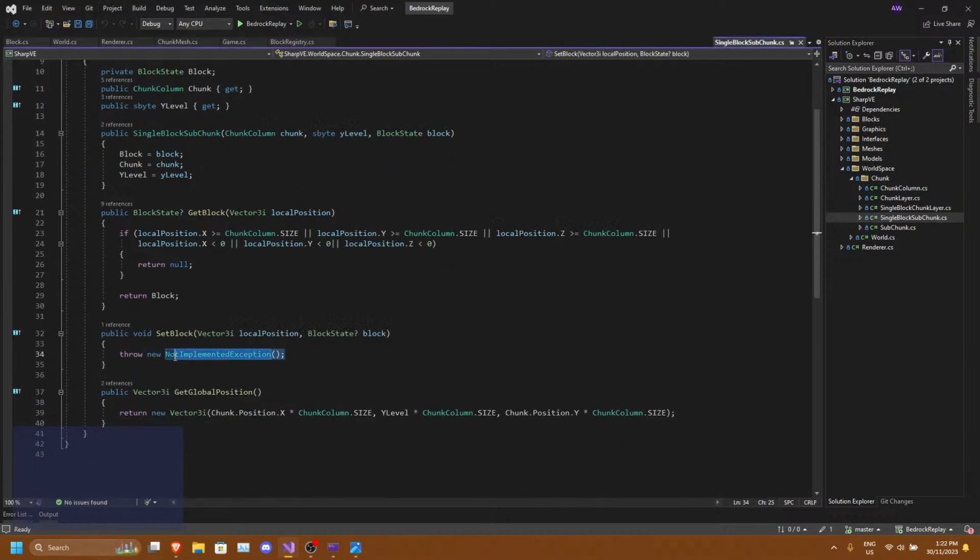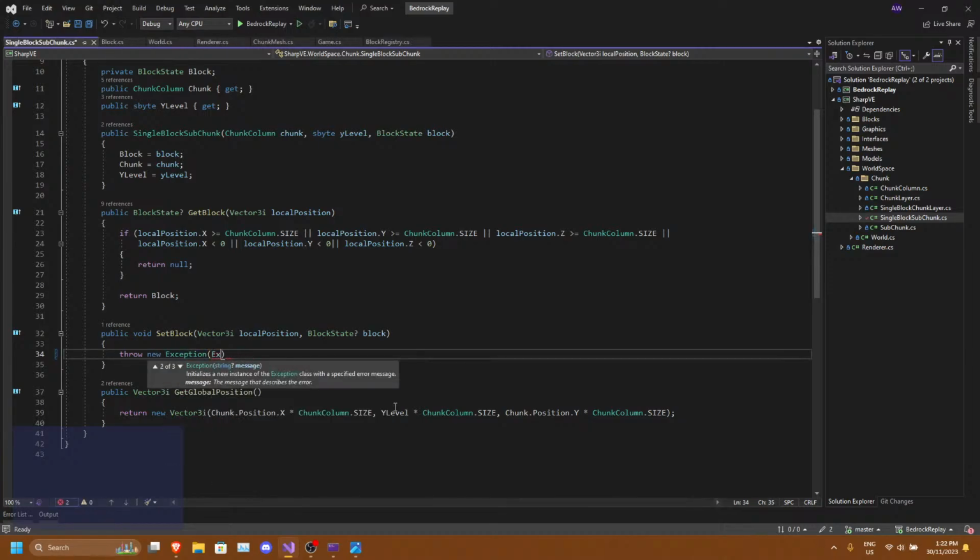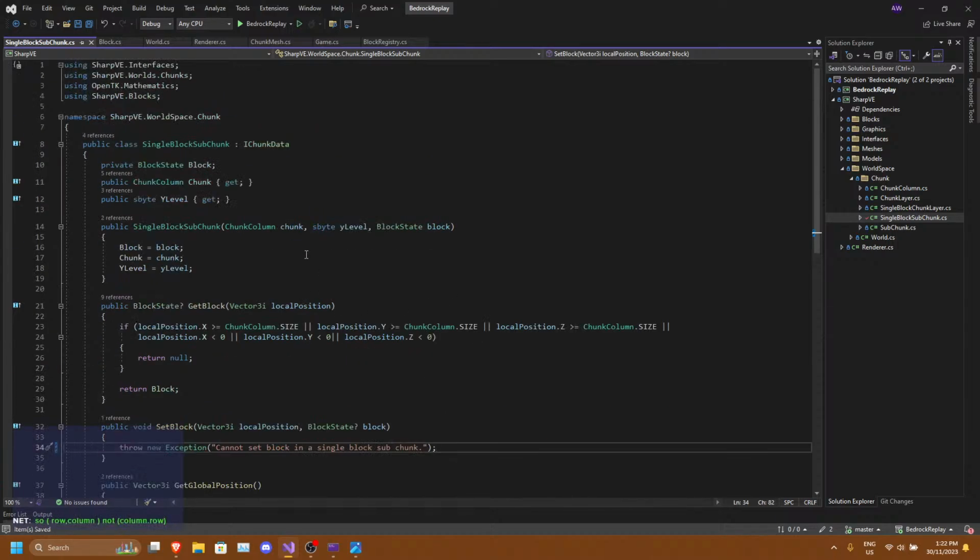We'll just have to throw a new exception for this one. And a single block subchunk. Alright, so that's cool, that's done.